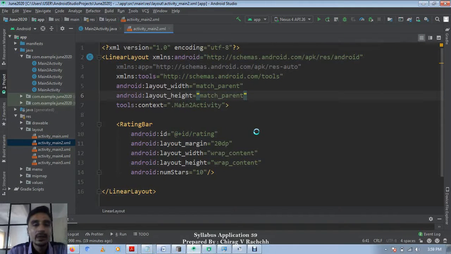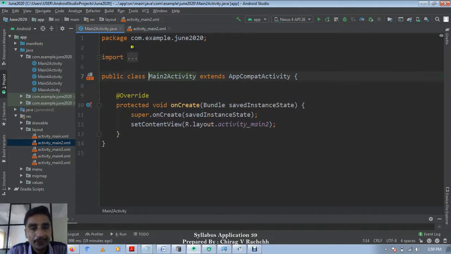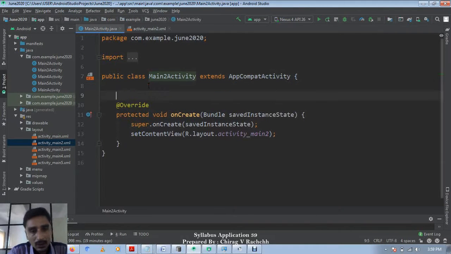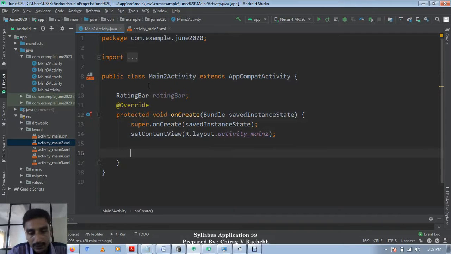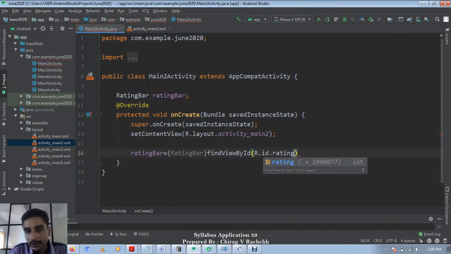Now in our activity, first of all we will retrieve the rating bar object, the rating bar view. For that we need to declare a rating bar, and then we will retrieve this rating bar by using the method findViewById of the activity, R.id.rating.